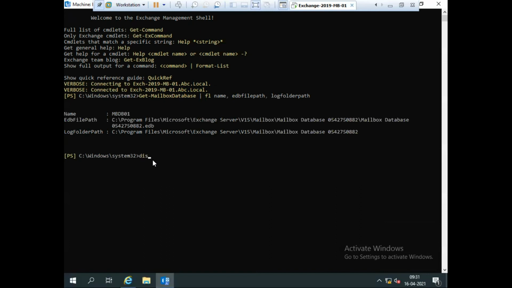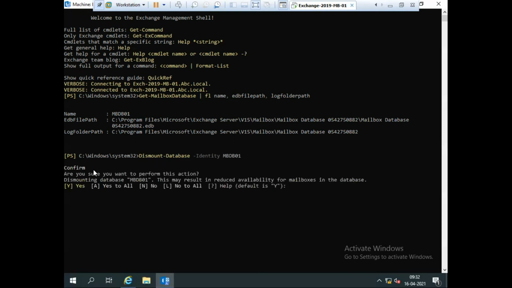So the command is Dismount-Database, and then I use -Identity. I need to define my database name. So my database name is MBDB01, and enter it. Once you run this command, it asks you for confirmation whether you are sure you want to dismount the database. I want yes, so I press Y and enter it.